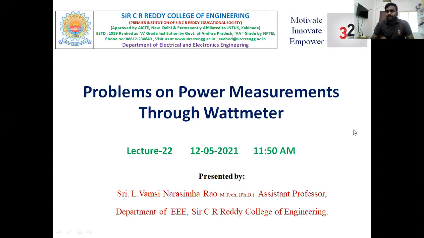In today's class, we are going to solve some numerical problems. We already did the numerical analysis related to power measurement using wattmeters. We studied Blondel's theorem, and we are also aware of the three-phase four-wire 3 wattmeter method. We also analyzed the three-phase three-wire 2 wattmeter method, star connection and delta connection, and the 1 wattmeter method. So we are familiar enough with power calculations through wattmeters. Now we are going to solve some numerical problems so that our analysis will be clear. We're going into the first problem.